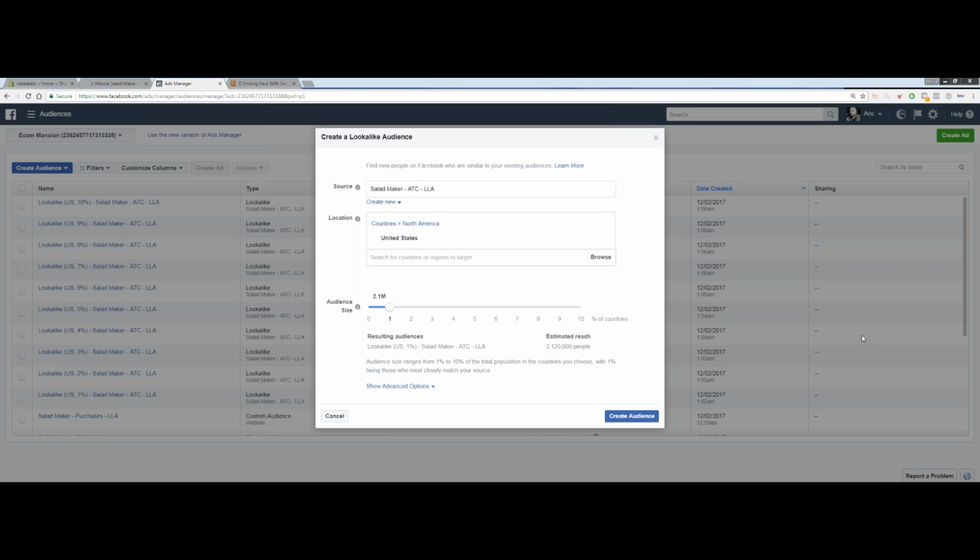I mean, is there any better way to explain this? Am I confusing people? Is there a better way to explain this? Because I can't really think of one. 2%, it's the 2% of the people of the total population of the US that closely represent the people that added to cart from India. Ah, there we go. The 3% that closely represent from the US the people that added to cart in India. The 4% and the 5%. Let me know if that makes sense. I hope it does. That's a bit difficult to explain.